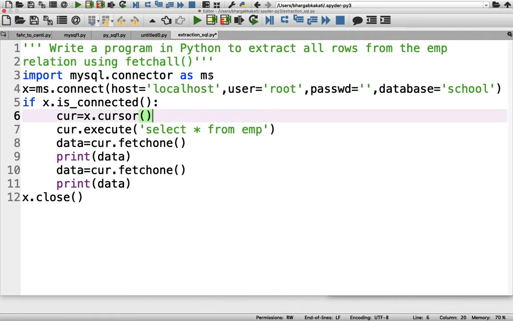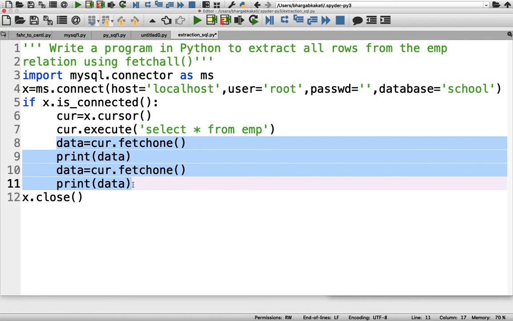The first line will be similar, the second line is also similar because we are dealing with the same database, and the third through seventh lines are also similar. After that there will be just minor changes in all three functions.